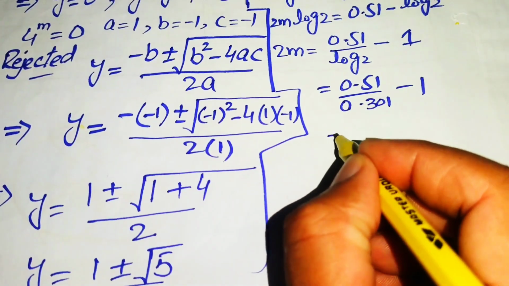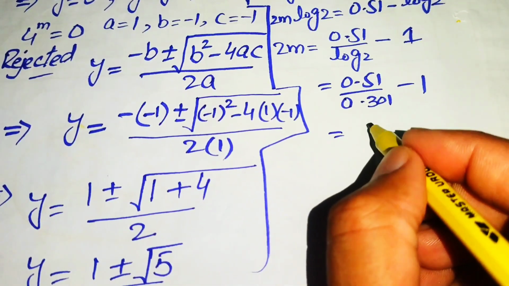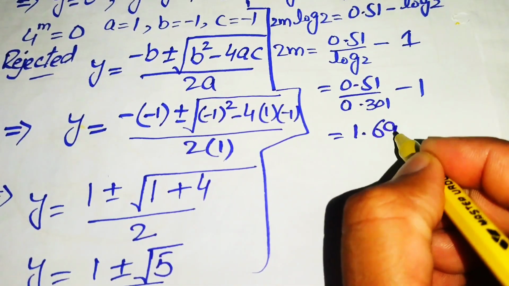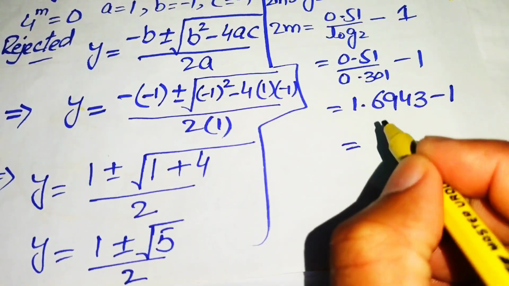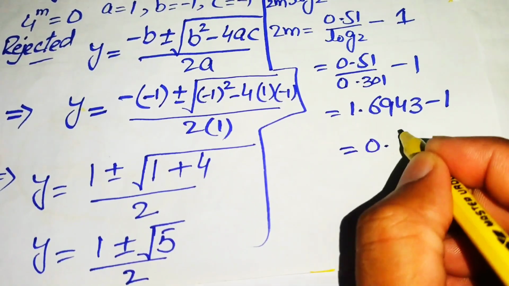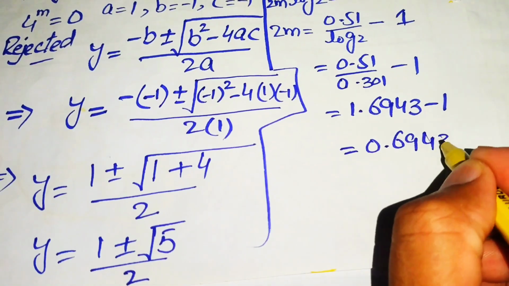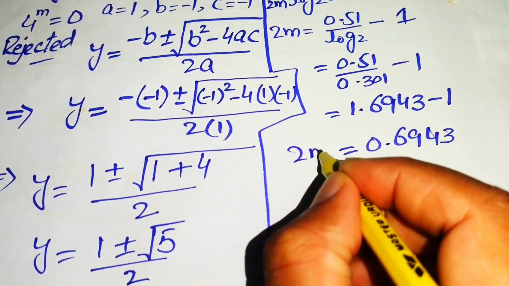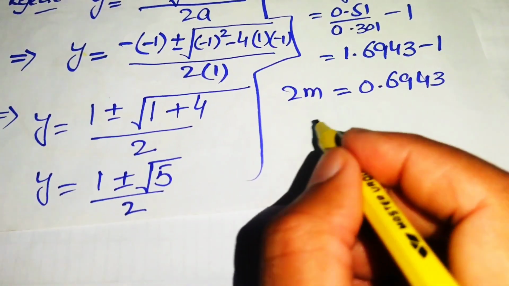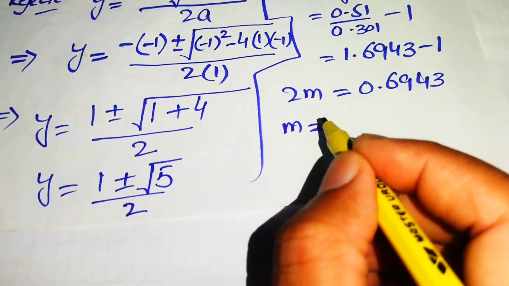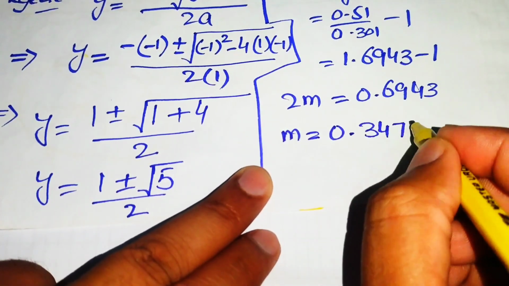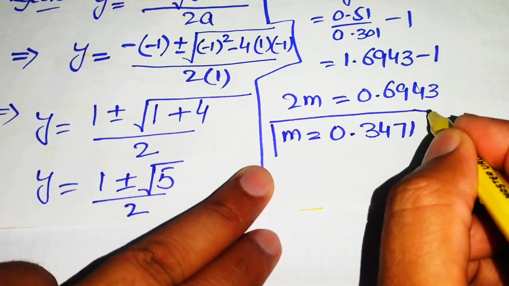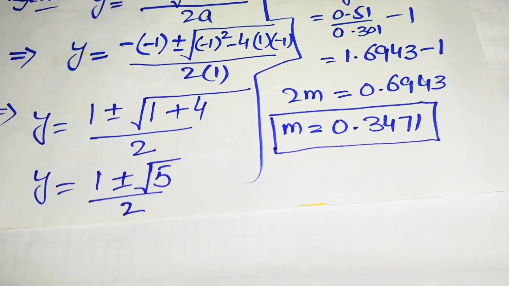So when we divide these two values it becomes 1.6943 minus 1. So this will be equal to 0.6943. So here we have 2m, and now we move this 2 to the right hand side and we get our m equals 0.3471. So this is the final answer of this question,